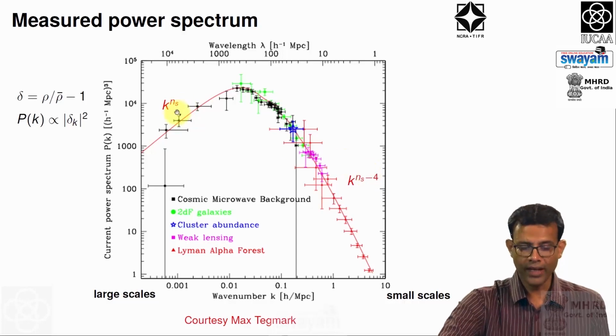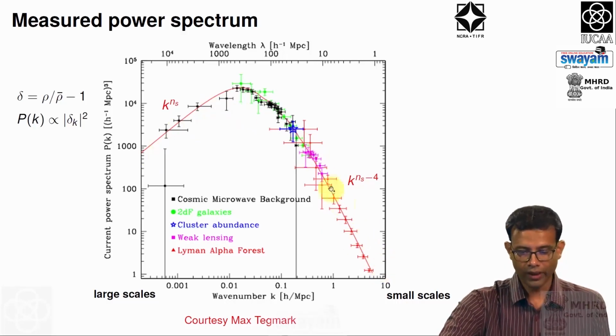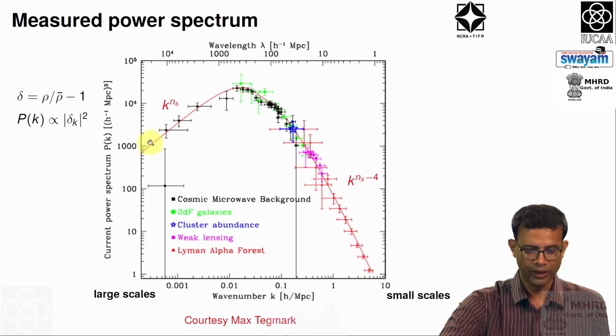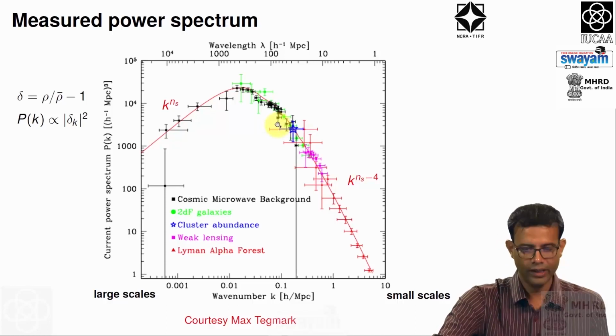So, for example, if n is 1, this part will be proportional to k, this part will be proportional to 1 by k cube. So, this is how we expect the power spectrum to be just from linear theory,